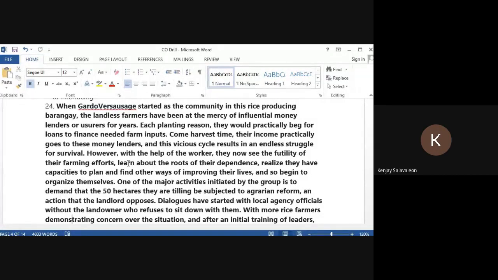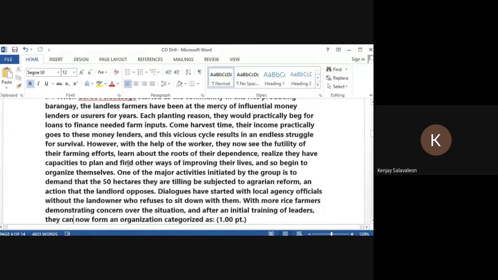One of the major activities initiated by the group is to demand that the 50 hectares they are tilling to be subjected to agrarian reform, an action that the landlord opposes. Dialogues have started with local agency officials without the landowner who refuses to sit down with them. With more rice farmers demonstrating concern over the training of leaders, they can now organization categorized as,